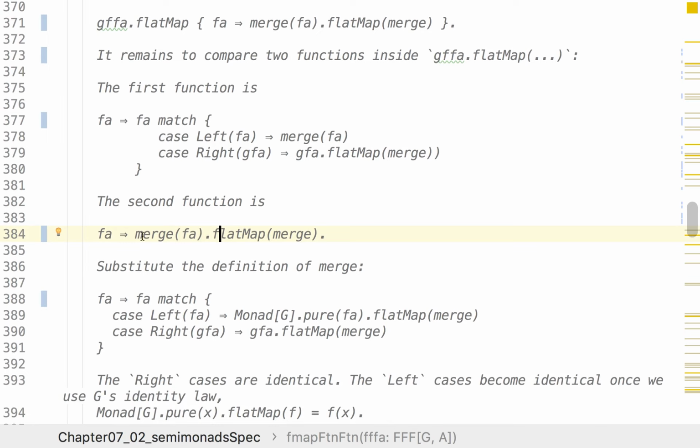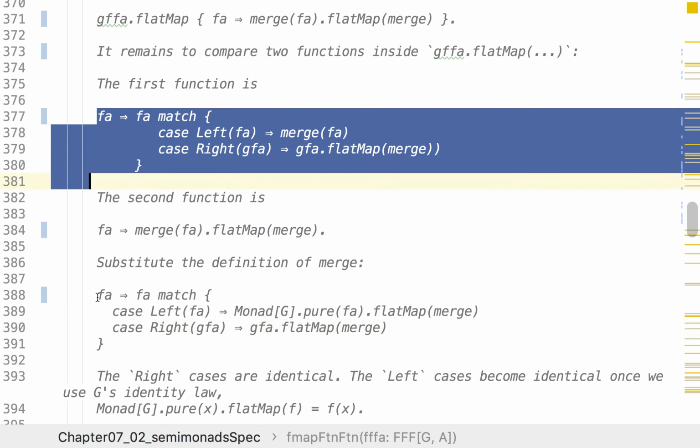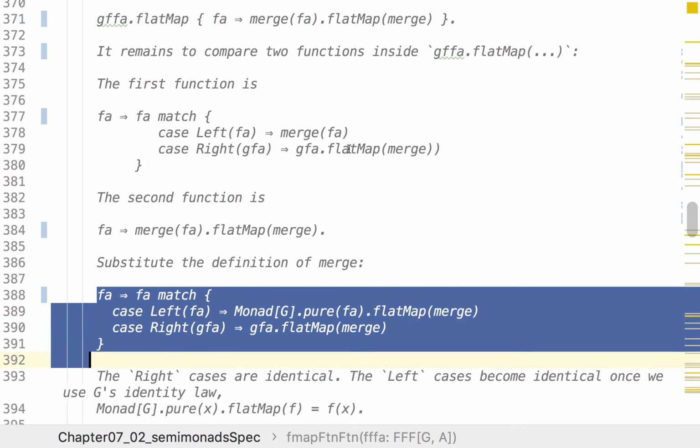Let's take this function, substitute the definition of merge, and put a flat map. So if you delete this flat map, that would be just the definition of merge, and we have applied flat map on its result so far. Okay, now we need to compare this and this. The right cases are identical. The left cases are not immediately identical,